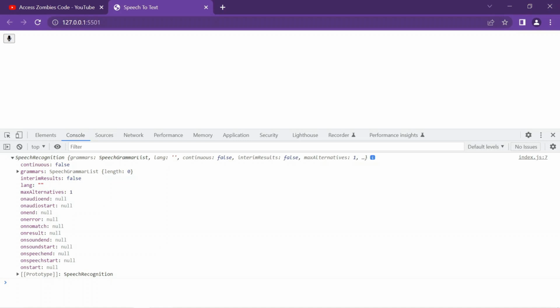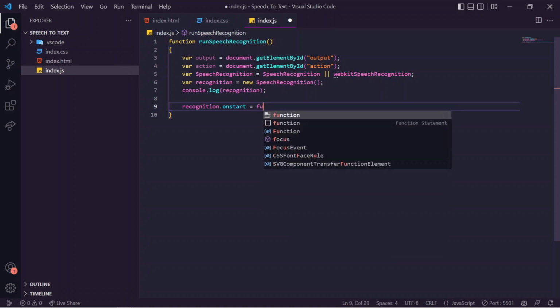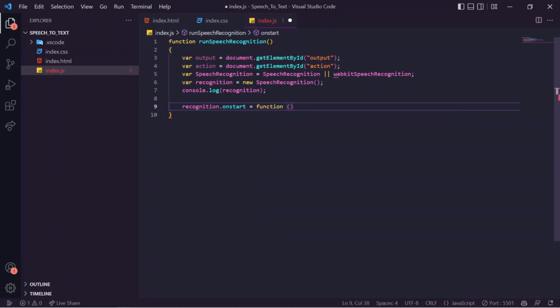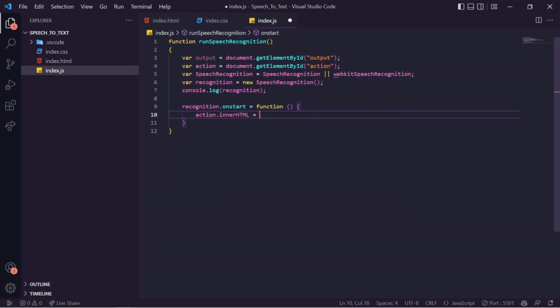So let's use this onspeechend function and onstart function for displaying both messages, one for the action, one for the result. Let's move to the JavaScript file. So first I am going to set the action message: recognition.onstart equal to a function, and the function will set the innerHTML of action. So here action.innerHTML equal to listening, let's speak,